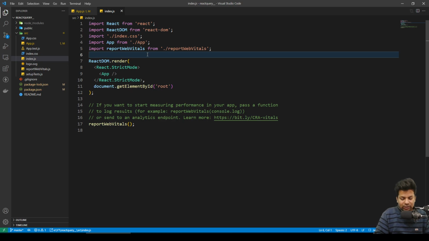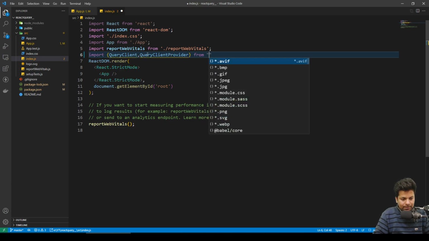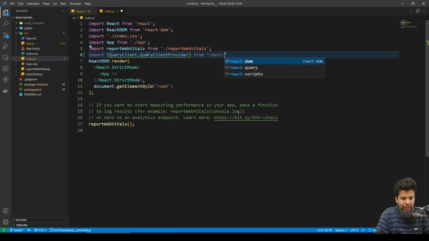So what we'll say is import QueryClient, QueryClientProvider from react-query.